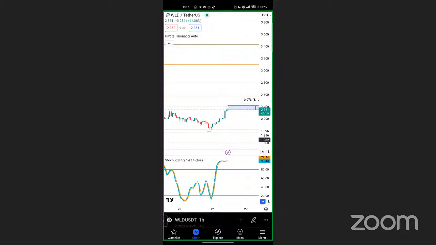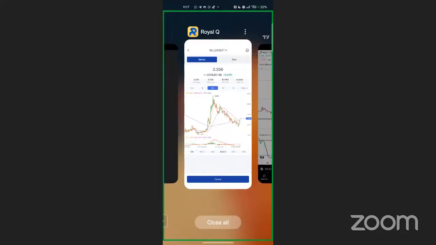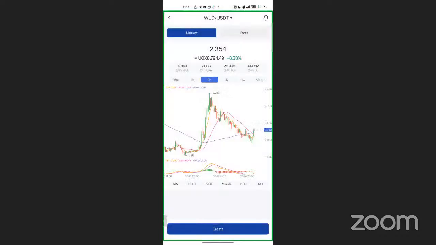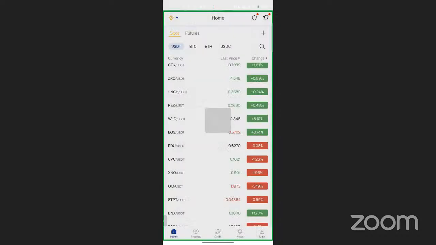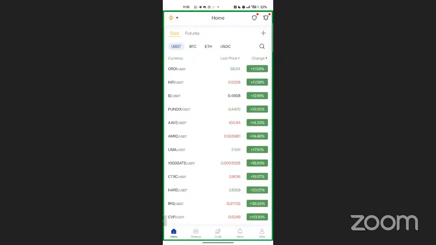Am I making sense to someone? Now, the reason why I'm focusing here on Royalq, I'm not saying the coin will not do well. The coin will do well, but it will take more time. Give me a 1 in the chat if you have understood. Now, this is where the trading comes in. But for you, if you want to only use Royalq like the topic is, you could pick, let me say, Better.